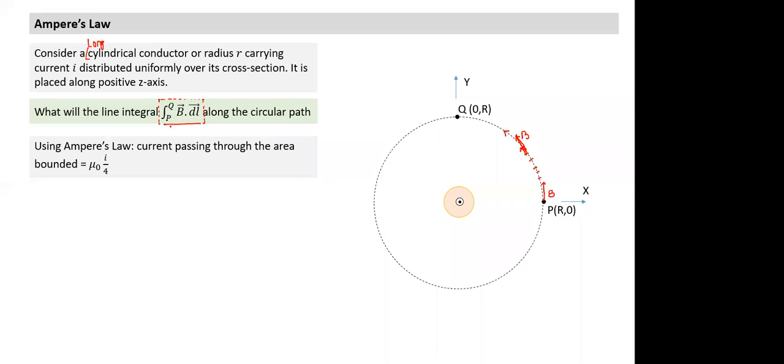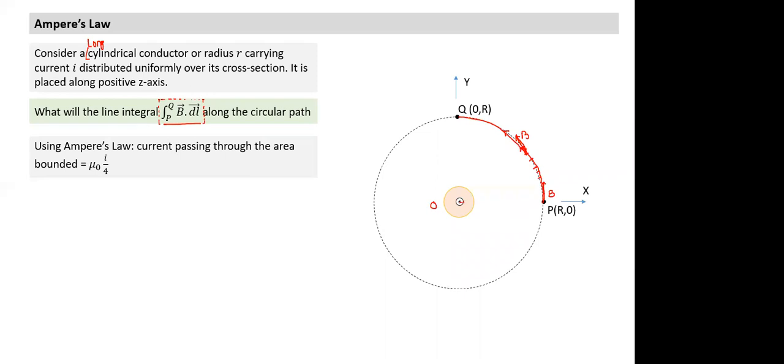Ashray, can you evaluate this term using Ampere's law? Yes, sir. Tell me how. Sir, for Ampere's law, it's a necessity that we need a closed loop. You need to form a closed loop. So this is the path right now, it is not forming a closed loop. So how do I make a closed loop then? With the same radius, I mean with radius r, we can draw a circle, of which the arc will be a part. Joining P and Q.